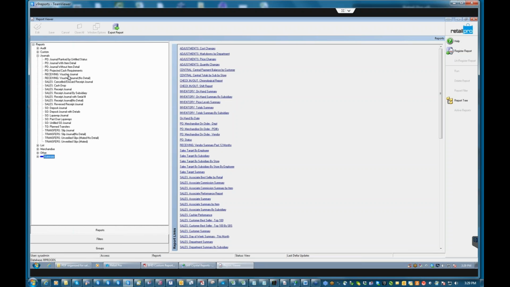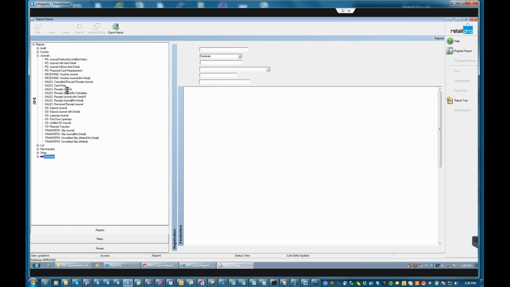non-document related data. So if I needed to know something with transaction numbers and sales dates attached to it, then I have to use a journal, because the sales date is a transaction field. It's on the transaction. In the inventory master, the only thing we keep in there is a last sold date and a first sold date. So if you need to know which day a specific item was sold on, then you need a journal type of report. So these are transaction-based. If I look at a receipt journal,